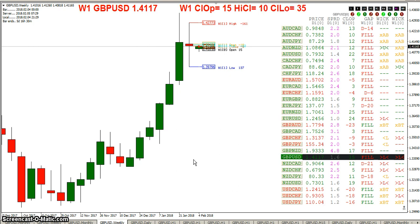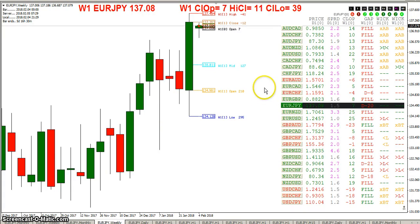So for those of you just tuning in, Friday's closed, and then the weekly open on Sunday, Monday, depending on where you are in the world. Usually the open is different from the close, and that's the gap, and that gap usually fills. And it's pretty much easy money. Well, let's take a real quick look here, because I can see the euro yen,